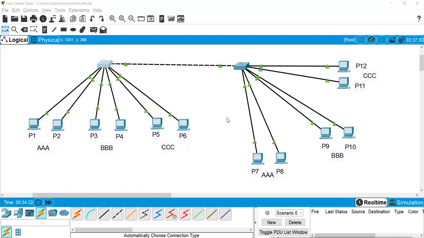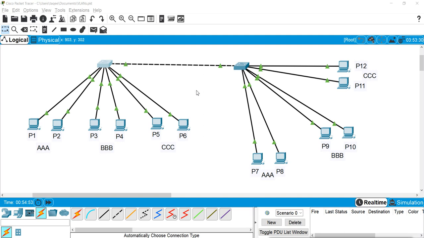Now what we did here: we have two switches, and we have configured the same VLANs on both switches, but these same VLANs are still not communicating, because the port we use to connect the two switches belongs to the default VLAN, and the port is normally an access port. So now we will convert the port into a trunk port. That is very simple.